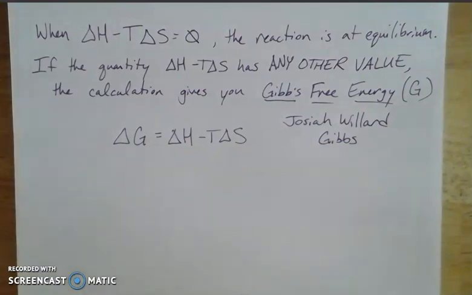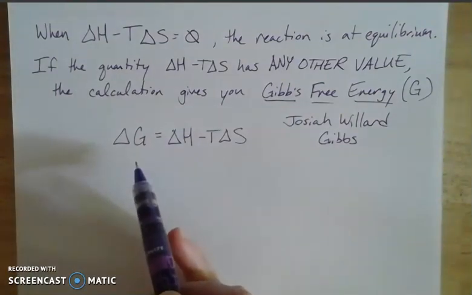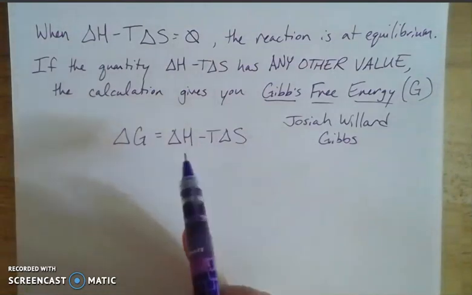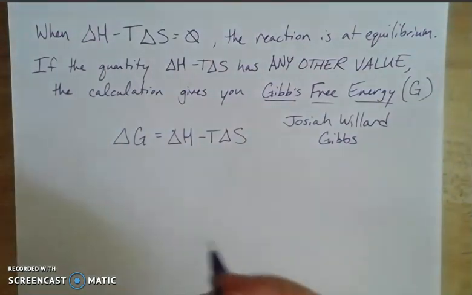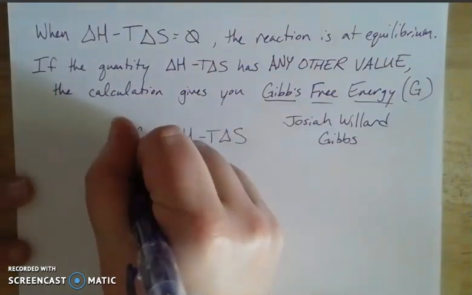And this is kind of an important equation. I always tell my students that if you're going to remember one, or if you're going to get one tattooed on your body, then it should be the Gibbs Free Energy equation, because it's that important. So if delta G is negative, if we say that this whole quantity is less than 0, then we say that the reaction is spontaneous.